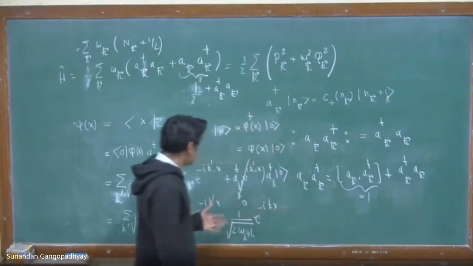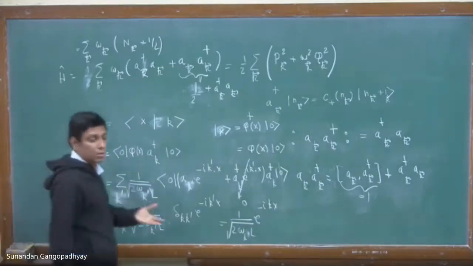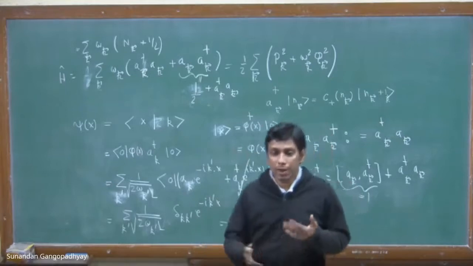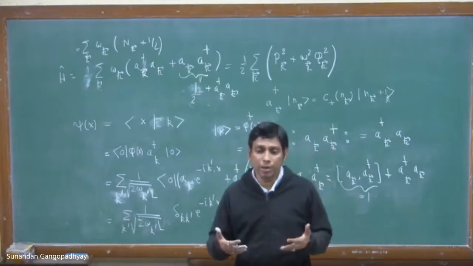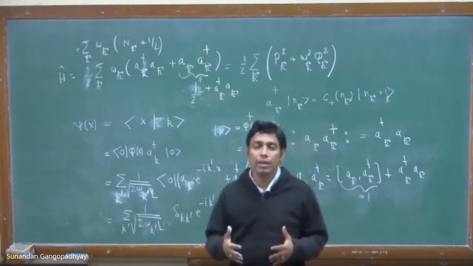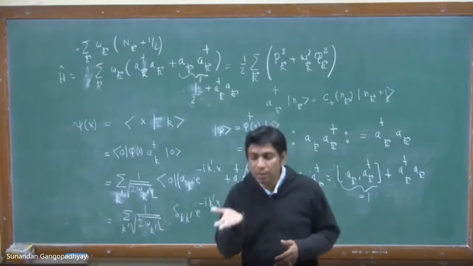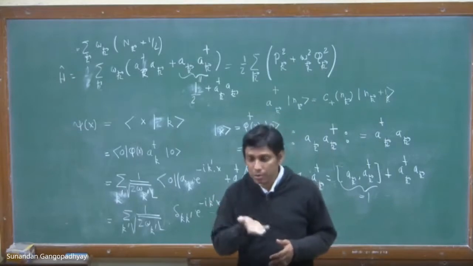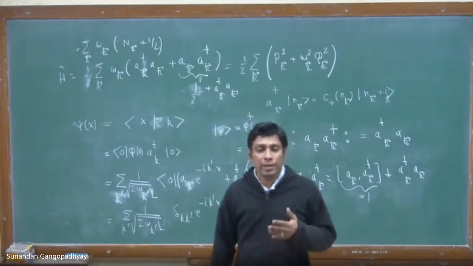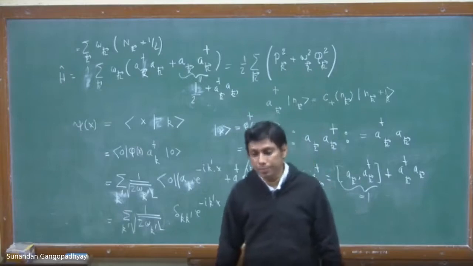And then we have also seen how you can construct the wave functions of single particle states from the language of quantum field theory, from the language of creation and annihilation operators. What is the role of these creation and annihilation operators? The creation operator creates particles. It creates single particle, two particle states from the vacuum state, and so on. And the annihilation operator basically destroys particles.